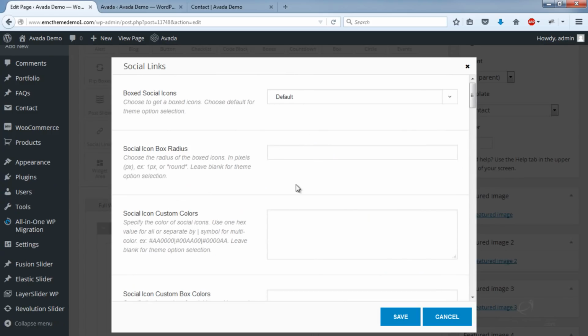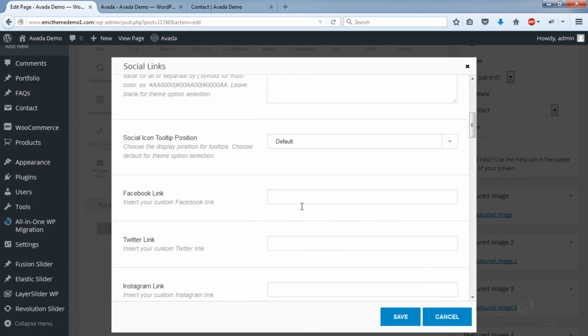You can choose your settings. I'll just leave everything as default for now. Enter all your social media links.